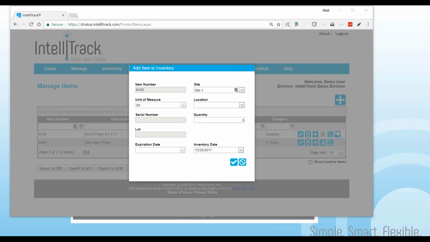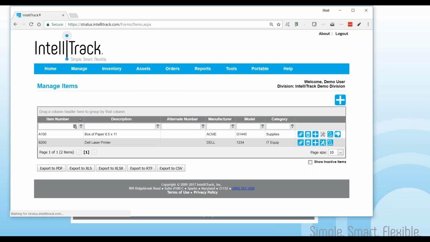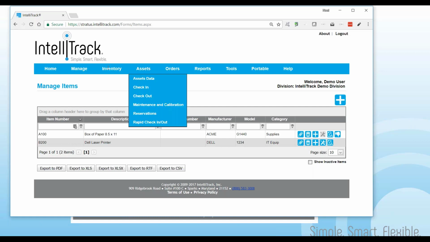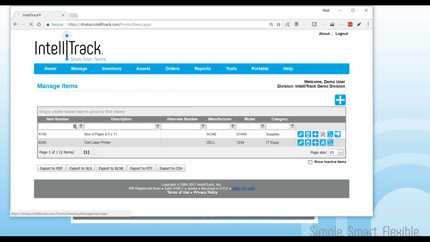The item number, site, and unit of measure are already filled in for us, so simply select the location where we want to locate this material and enter the quantity. We'll choose location 1, we'll key in 20, and then we click the Save button. That's it. It's as simple as that to add an item to inventory. Now if we go back over to Inventory, Inventory Data,